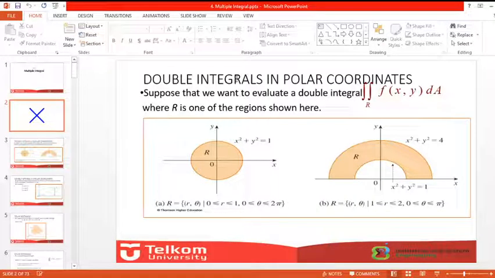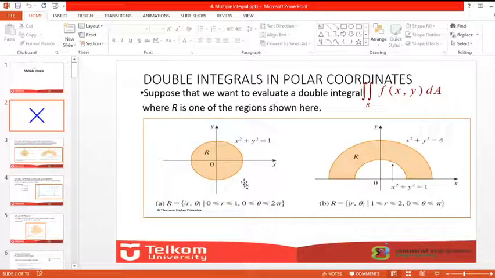So today I would like to continue about the polar integral, and after that we continue how to make the triple integral in cylindrical and also spherical coordinates. Okay, for the introduction, I just want to remind all of you about the polar integral. In Calculus 2, we learned about the double integral, how we make the change from the xy coordinates to the polar coordinates. So we change from x, y to r and theta.